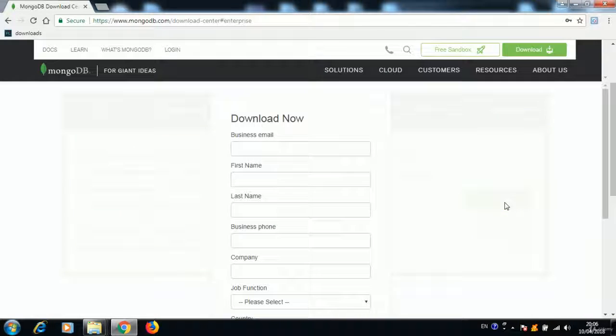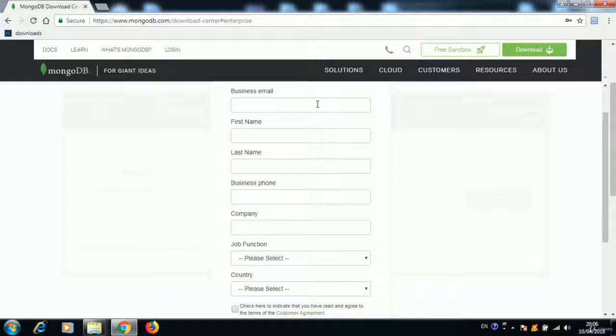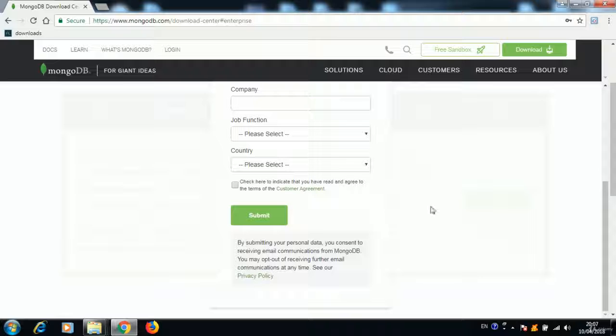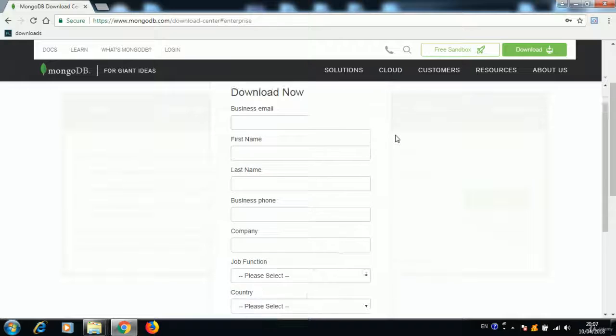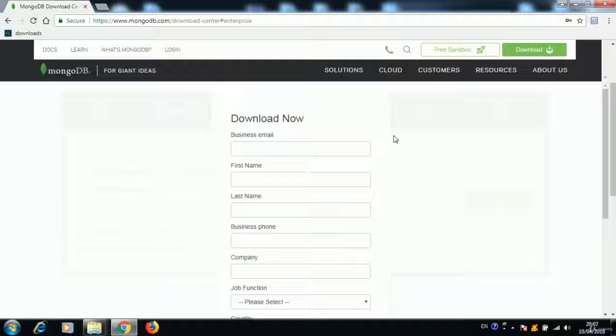So let's hit download. Remember, we are on enterprise version and it is free of charge, as I already mentioned. Here you have a couple of boxes with some basic information about yourself, and after that hit submit and download should start automatically. Remember that in some situations, if you are using Chrome, download might not start automatically, so try to do it with Firefox or some other